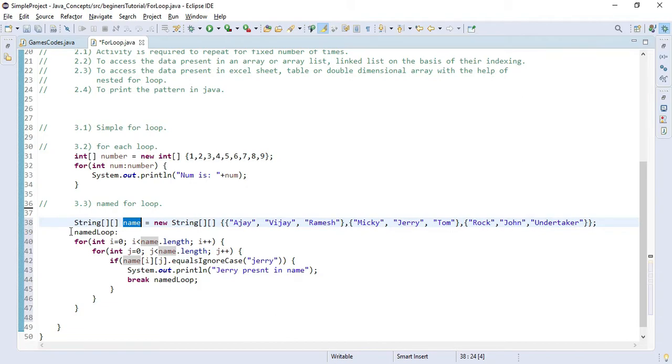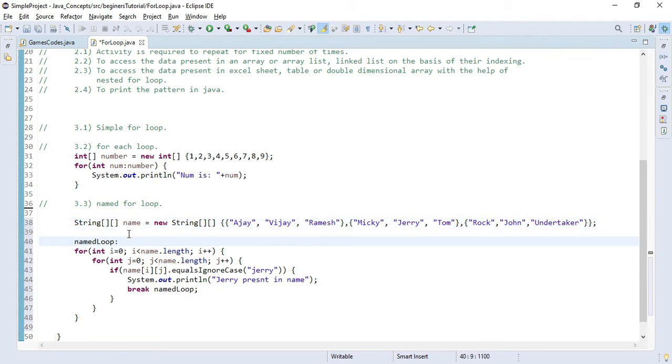As you can see, I have written here the named loop, which I have given as the tag for this loop. How it will be beneficial for us, I will let you know in a couple of seconds. So first just ignore this named loop colon. As you already know, we wanted to iterate our two-dimensional array, so we are required to write a nested for loop.